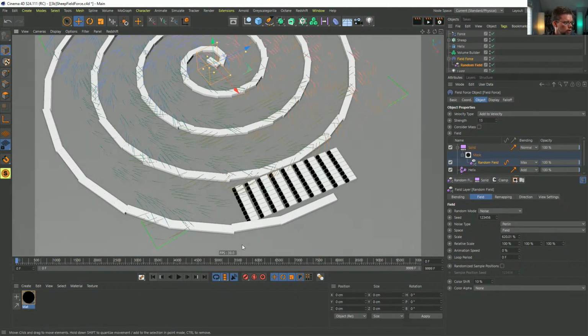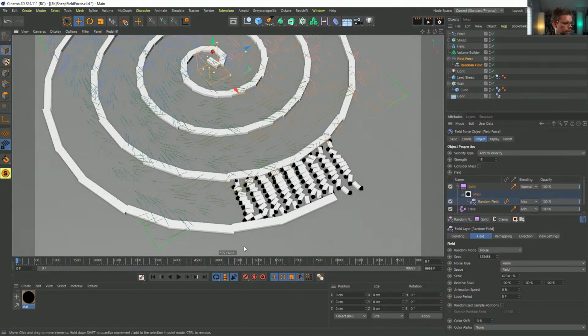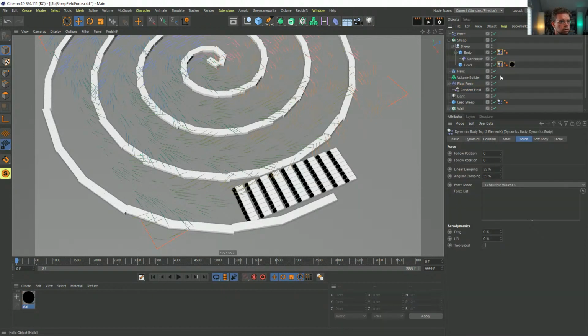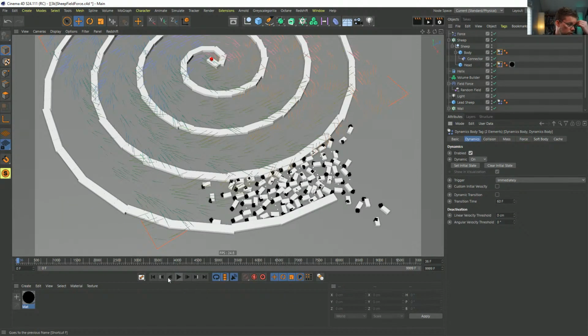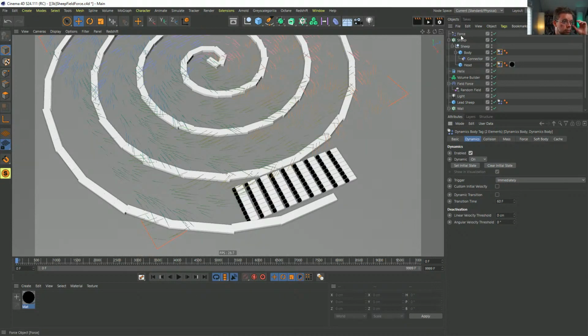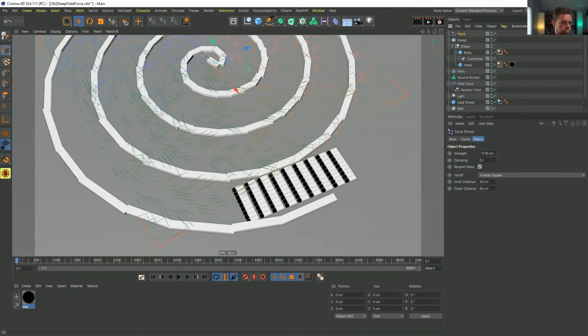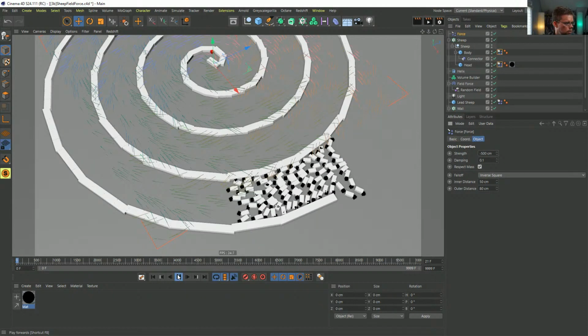Were they all intersecting in the beginning? That initial explosion is bad because some of these are starting to collide with each other and the heads are getting stuck inside the body. Oh, and are the dynamics falling asleep? I thought they'd still be, yeah, they can't fall asleep. So yeah, let's just make sure that they're a little on top of each other for how strong we made that push apart force, which is quite strong now. That's a little calmer.